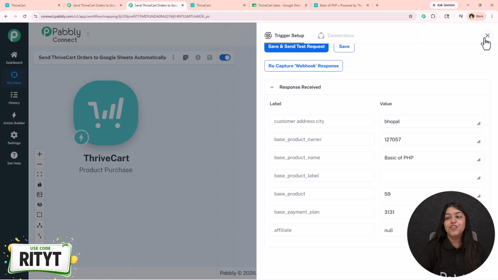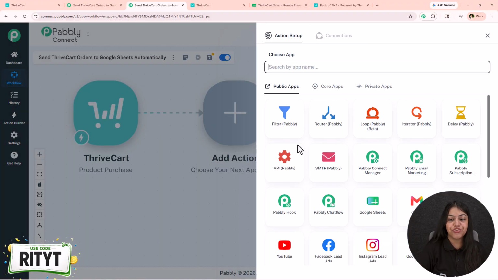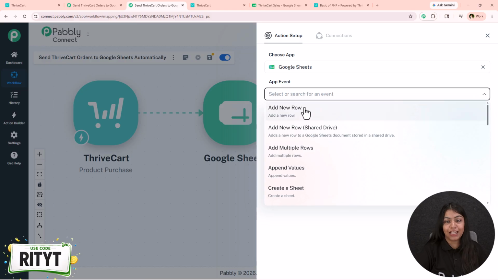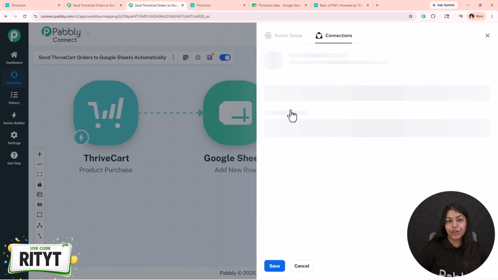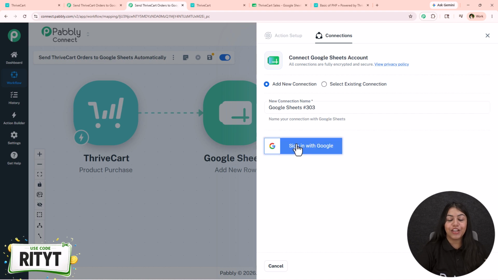Google Sheets. So to do this, just close this and click on this add new action step. For the action application, you have to select it as Google Sheets. For the event, you have to choose it as add new row and click on this connect. Now if you have already created a connection between Google Sheets and Pabbly Connect, then click on this select existing connection and then save. But if you haven't, follow me, click on add a new connection and then sign in